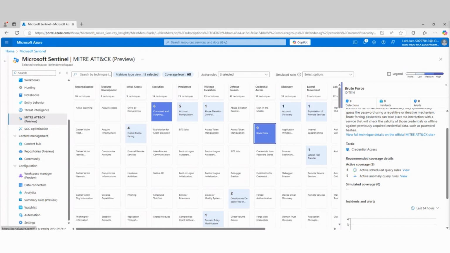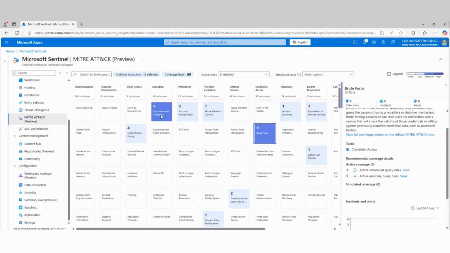So your goal in life as a security professional is to make sure you have at least one number in every box. You want every box shaded in with at least a number 1. More than 1 is better, but at least 1. That means you now have tools in place to try to detect the most common types of attacks that are known as of right now. So this is a great tool.